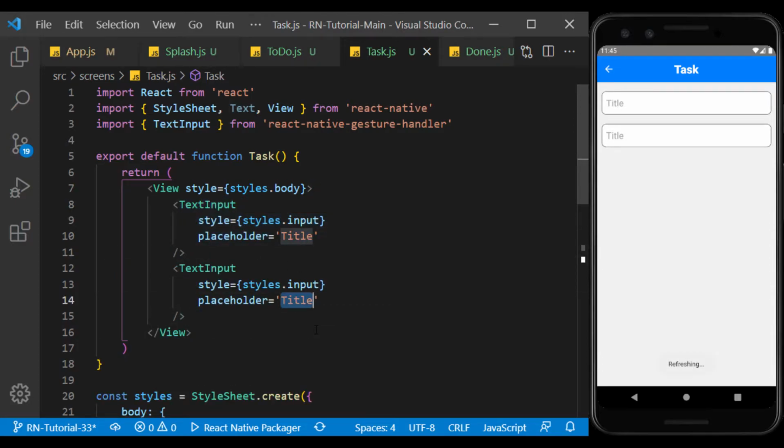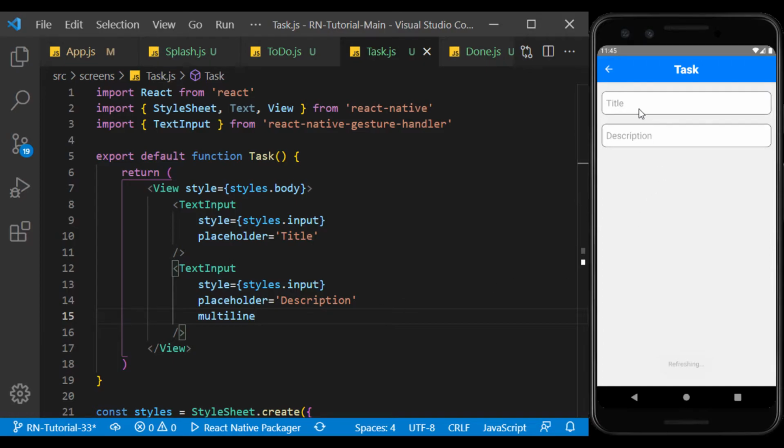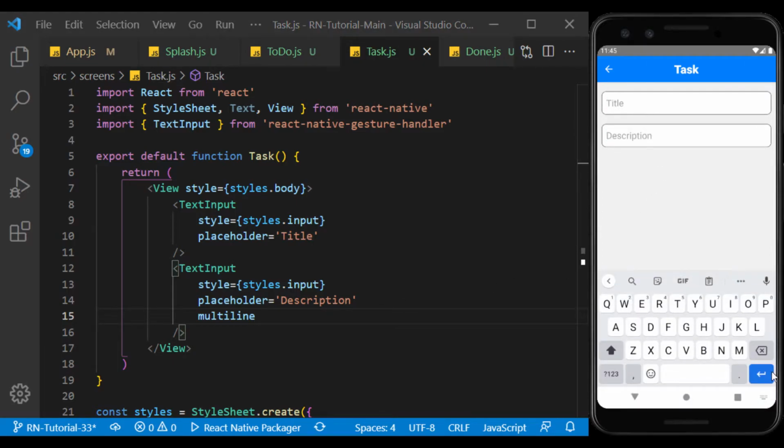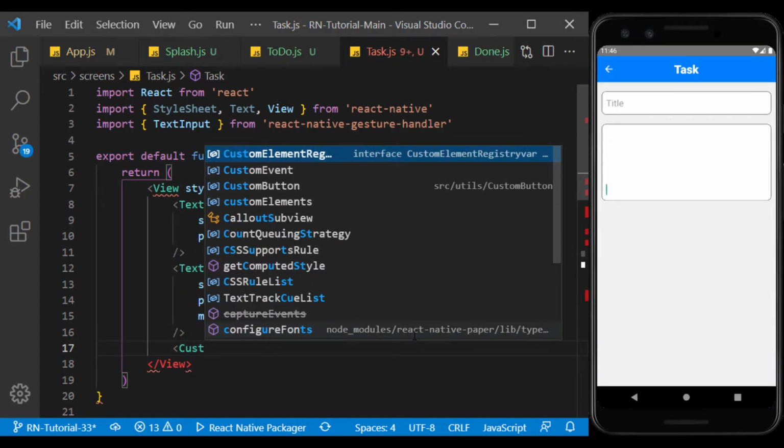And similarly, I consider another text input as a description. I also make it multiline so that the user can enter more details. Now I create a button to save the task details.